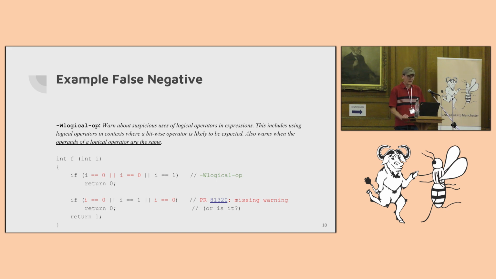There's a bug report on it. It has been accepted, acknowledged, but strictly speaking, this is not a false negative, because the operands of the OR expression are not the same, right? We have two OR expressions here, and the operands are not the same. So the checker is, strictly speaking, behaving according to the definition of the rule. Nevertheless, we feel, or whoever acknowledged the bug report feels, that we agree with the claim that it's a false negative. We would like to get that second case diagnosed also.